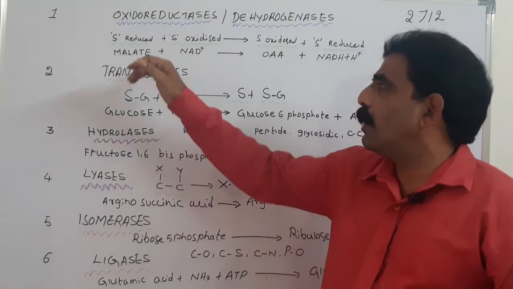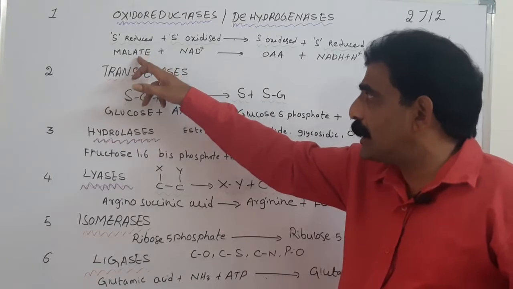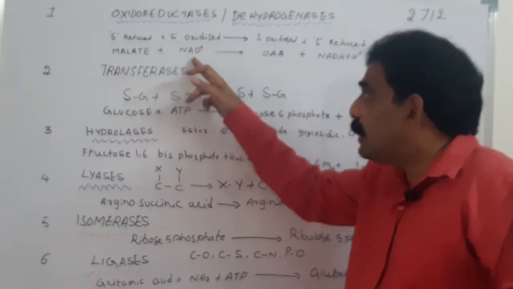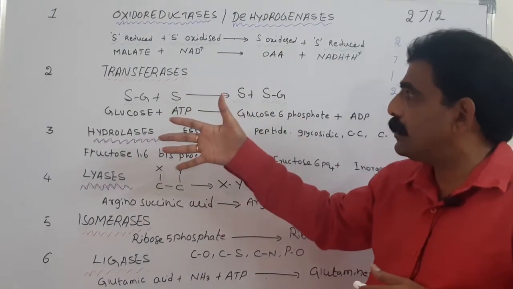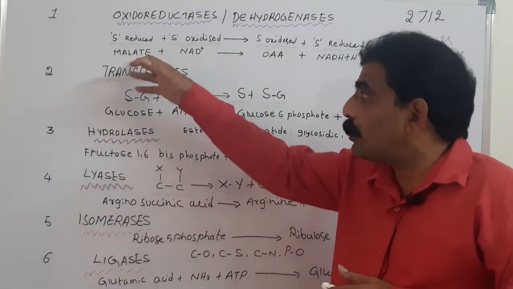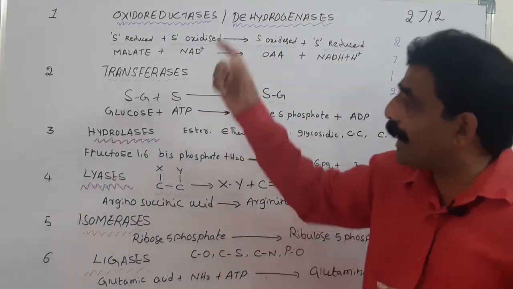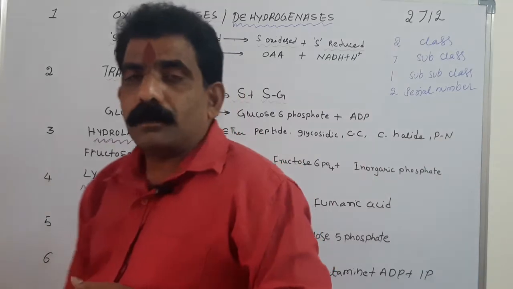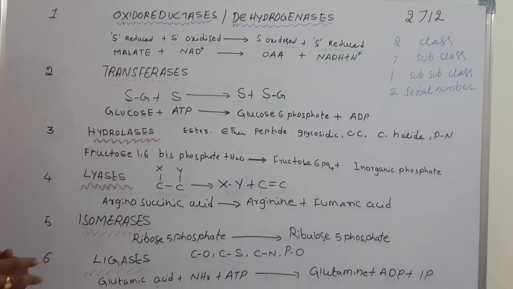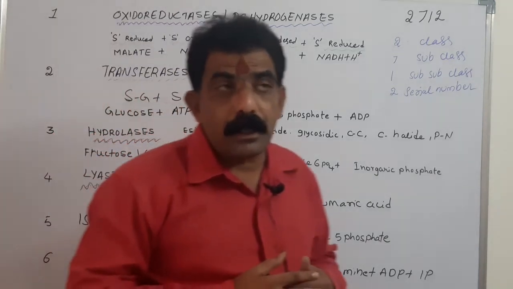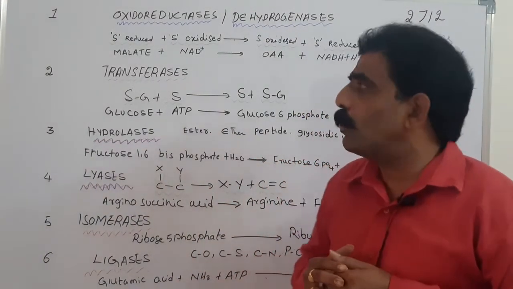Which is oxidized? Malate is oxidized. Why? Because it was already reduced. Now it is oxidized to oxaloacetic acid, and the oxidized one is reduced, because the enzyme malate dehydrogenase catalyzes the removal of the hydrogen from malate and addition of the same to the NAD+, so that the same enzyme oxidizes malate and subsequently reduces the NAD+ to NADH plus H+. So these types of enzymes, which are responsible for the oxidation and subsequent reduction, are said to be oxidoreductases.